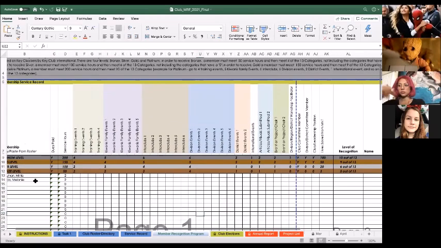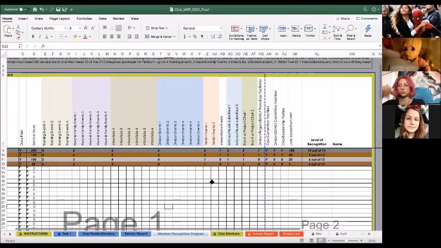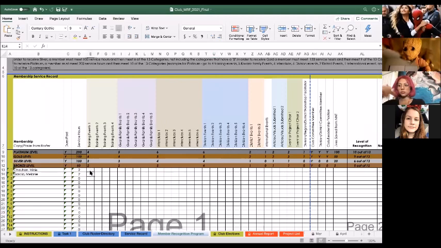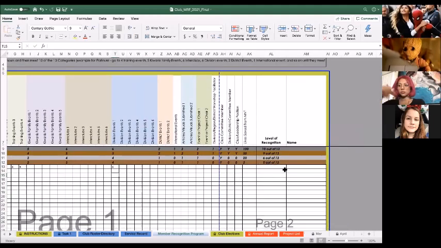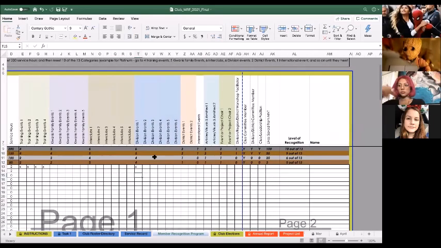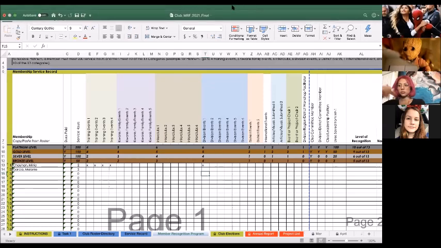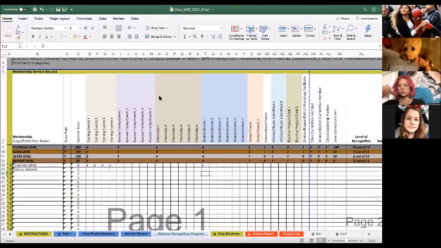The colors are just to organize. Let's say someone was going for bronze, and I attend all 4 of these training events, so you'd put an X, and let's say I attend 1 division event. There are 5 here, so I would qualify for bronze because I got 5 out of the 13, assuming I have 50 service hours. Okay, that makes a lot of sense. Thank you. Any more questions?